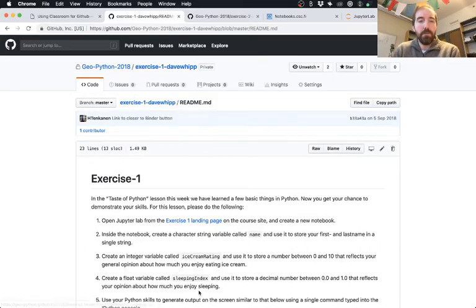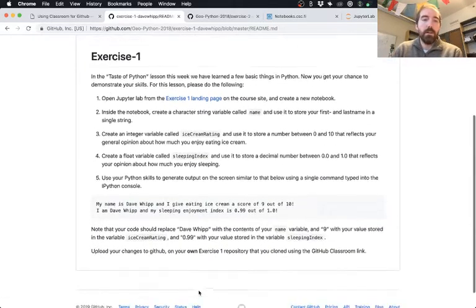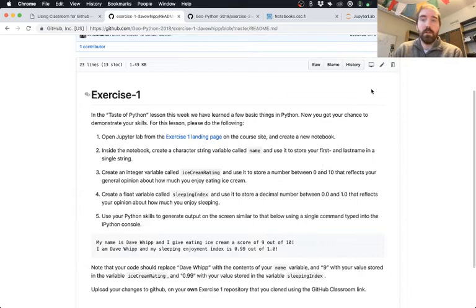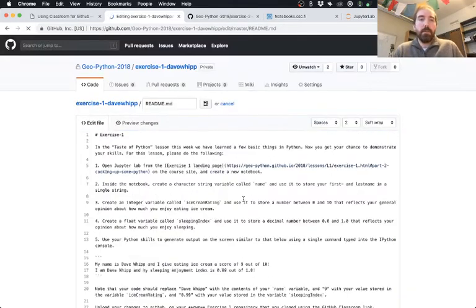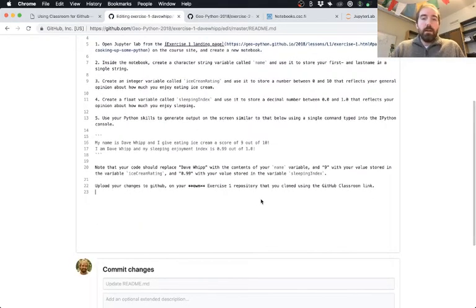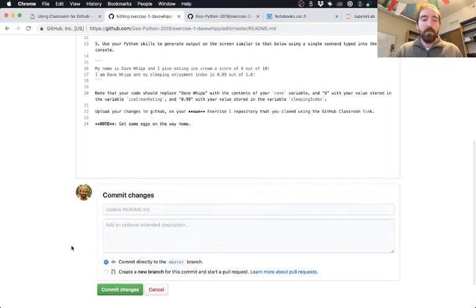It's a markdown file that describes what you're supposed to do in exercise 1. I guess you've seen that. I might add some note in here to myself: get some eggs on the way home. I don't know why I'd put this in GitHub, but if I don't have any place else to note that I need to get eggs on the way home, I could do that.